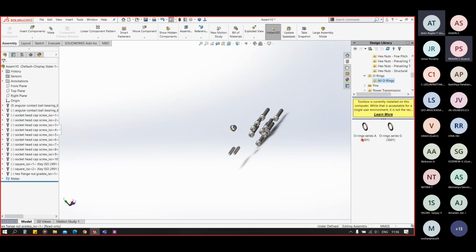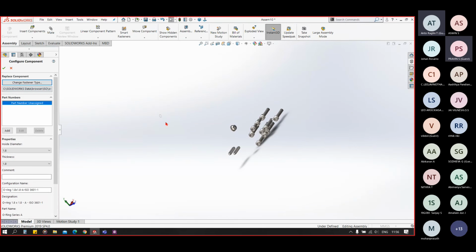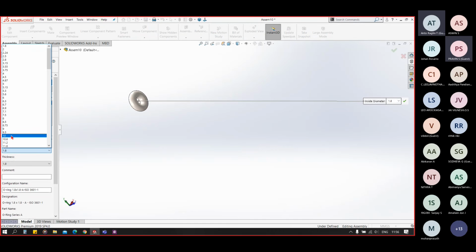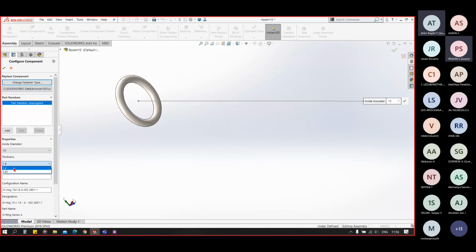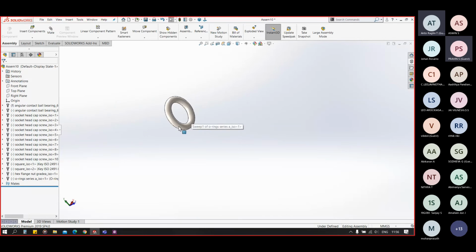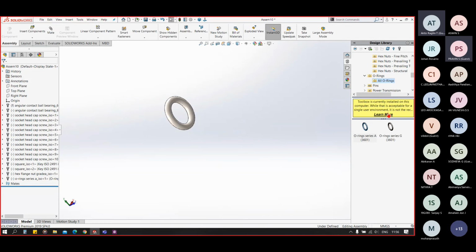In the O-rings we have two series, series A, series G. Just drag it and it will ask you for inner diameter, for thickness, and yes, you are ready to go. In the pins we have different type of pins.